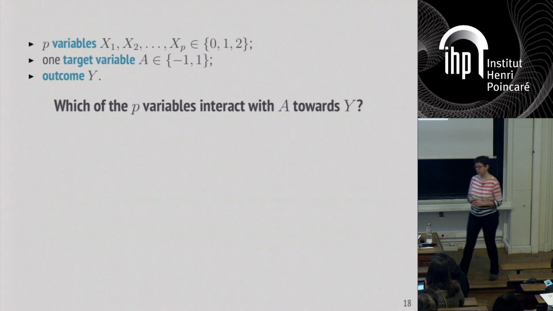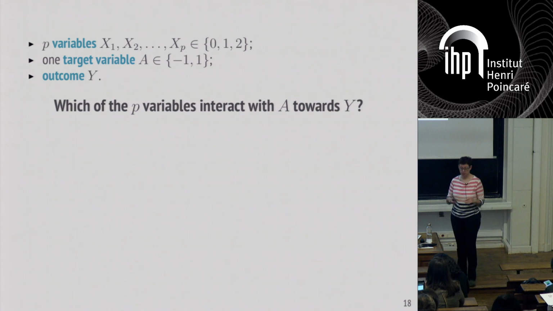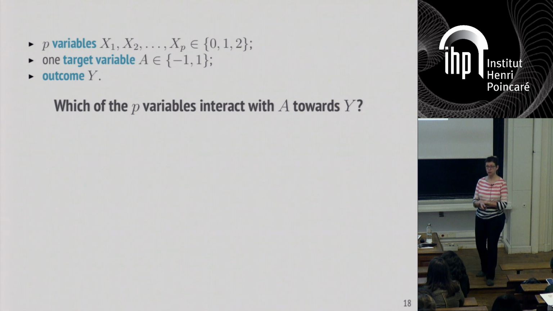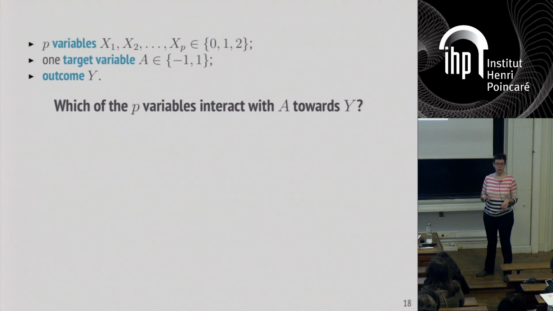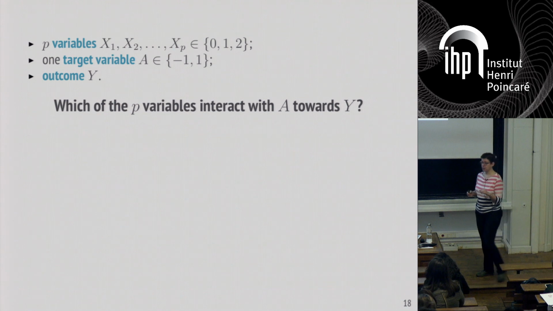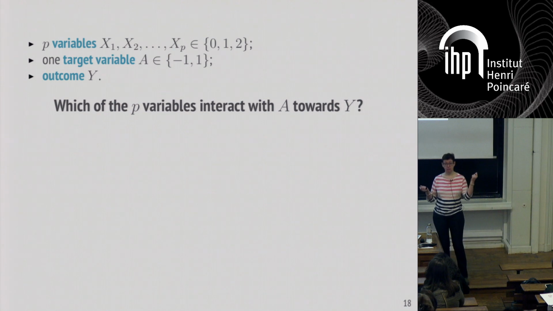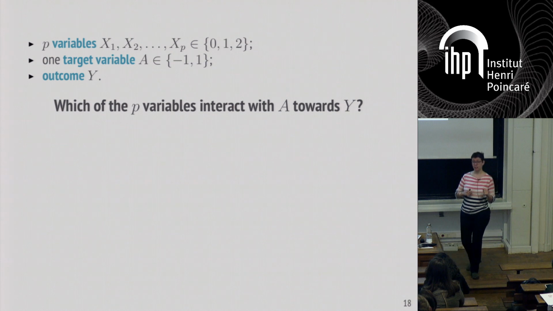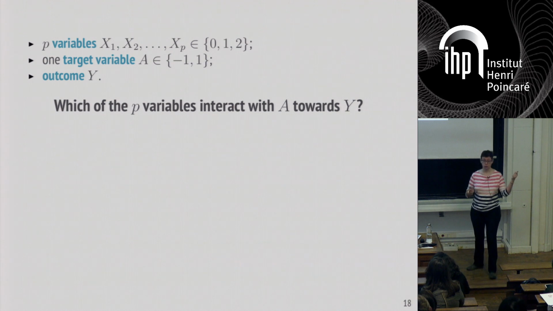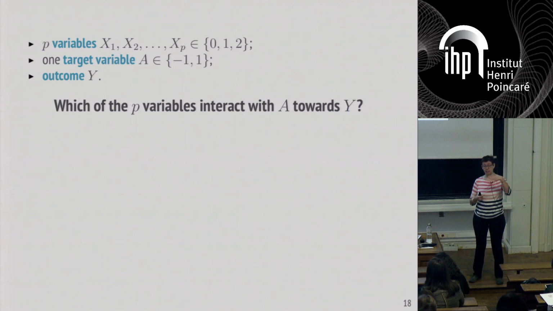So the problem we're looking at is the following. You still have your P variables. I've hidden something from you before. I told you that for the features you had either the major or the minor allele, so I indicated that these were binary variables. But actually, you have DNA that comes from your mother and DNA that comes from your father, so you have two strands of DNA. You can have the major allele on both strands, in which case you have a 0. You can have the minor allele on both strands, in which case you have a 2. And you can have the major allele on one and the minor allele on the other, in which case you have a 1.